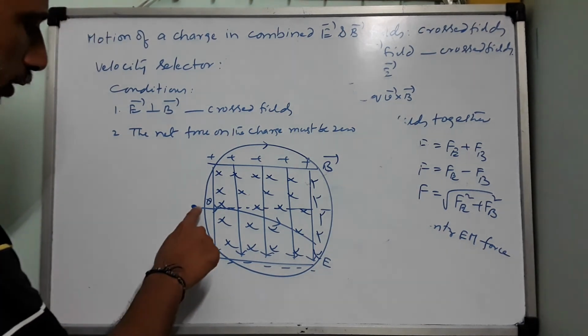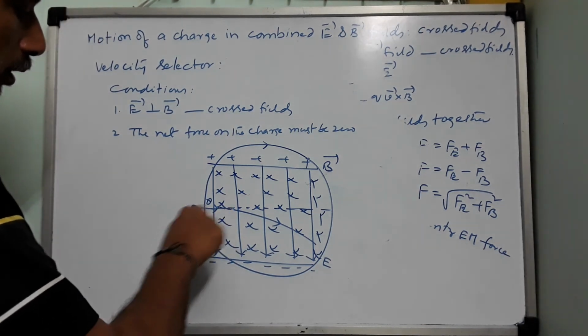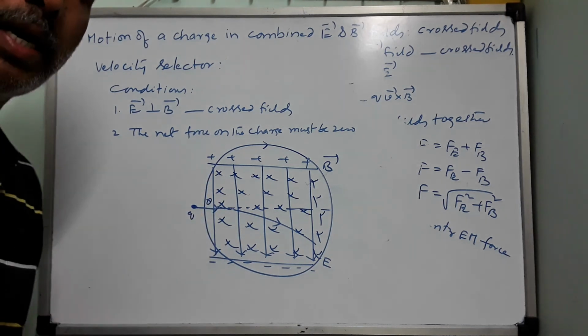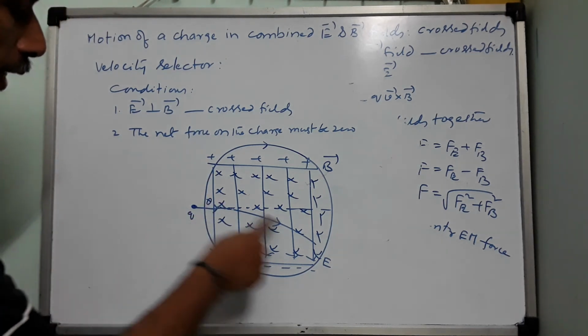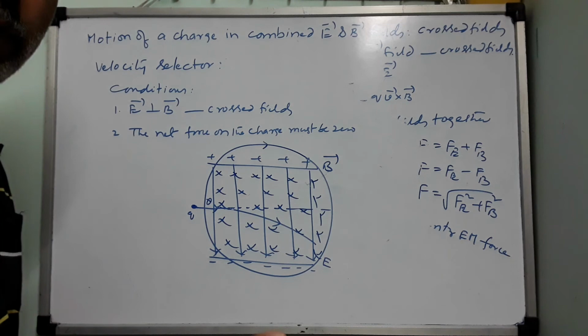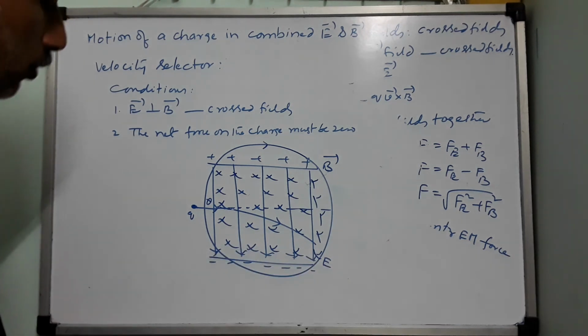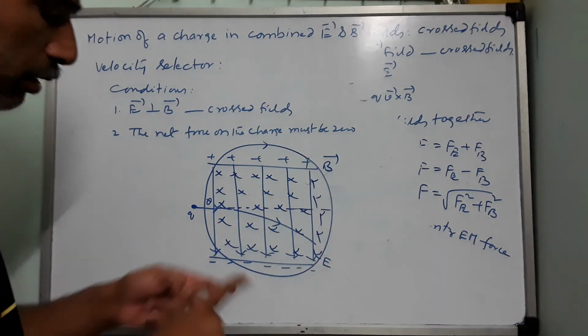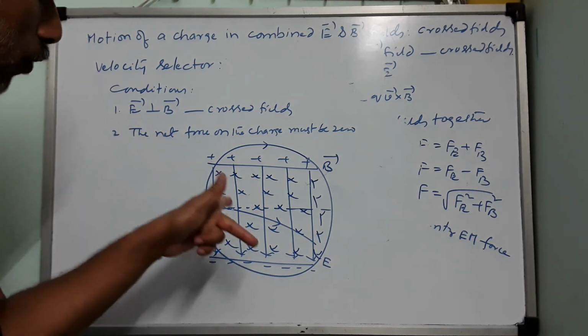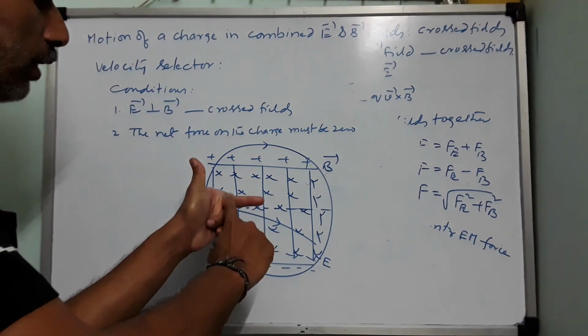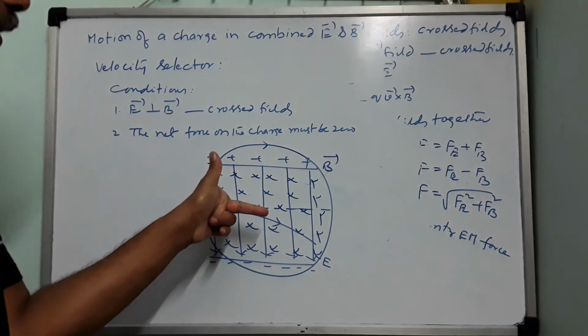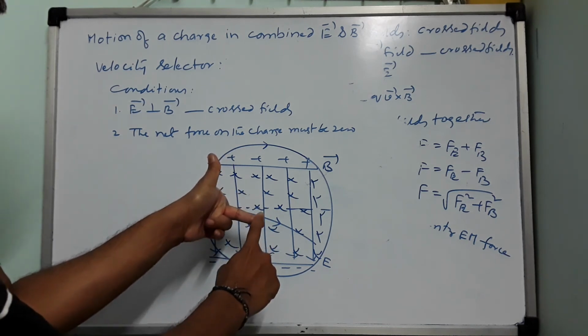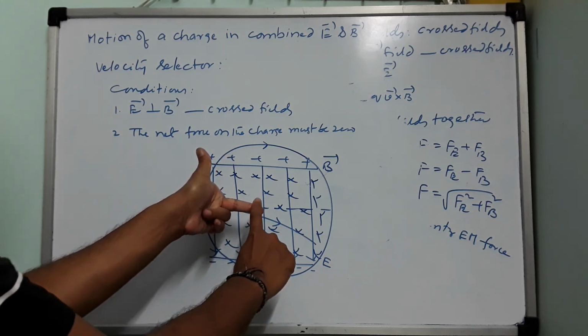In which direction is it initially moving? Like this. Initially it is moving. So only the initial direction of velocity you should consider. It is already taking a curve, but forget about the electric field. There is no electric field at the beginning, so it has to move in a straight line. Therefore this is the direction of velocity. So forefinger in the field, central finger in the direction of velocity, thumb shows the direction of force. So how is my thumb? Pointing upward or downward? It is upwards.